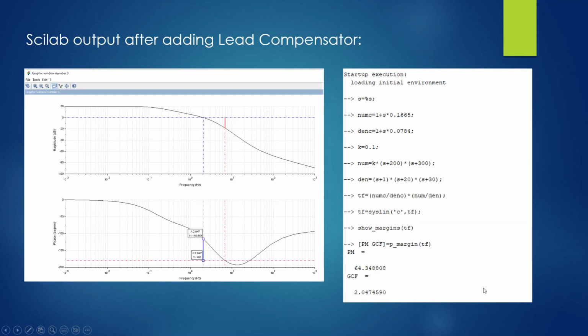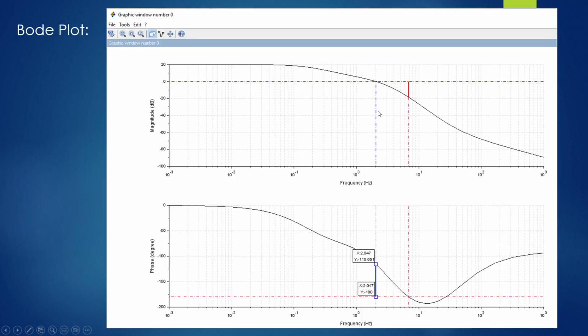Okay, this is the plot result and the code I used to find the new phase margin and gain crossover frequency. As we can see, the plot is like this. It's still stable, with the curve right below and left above,